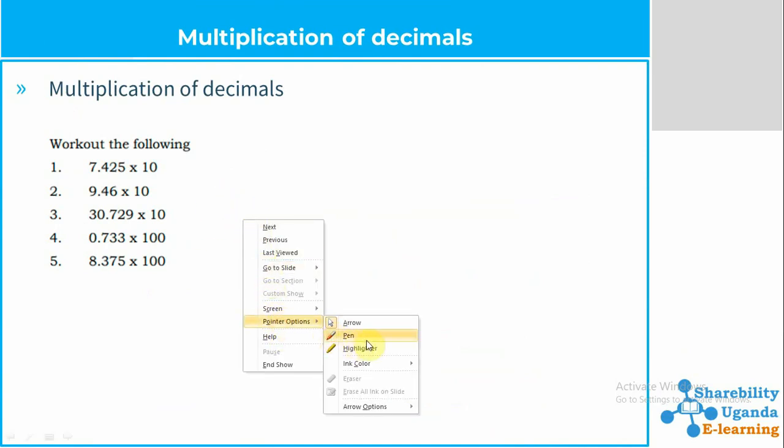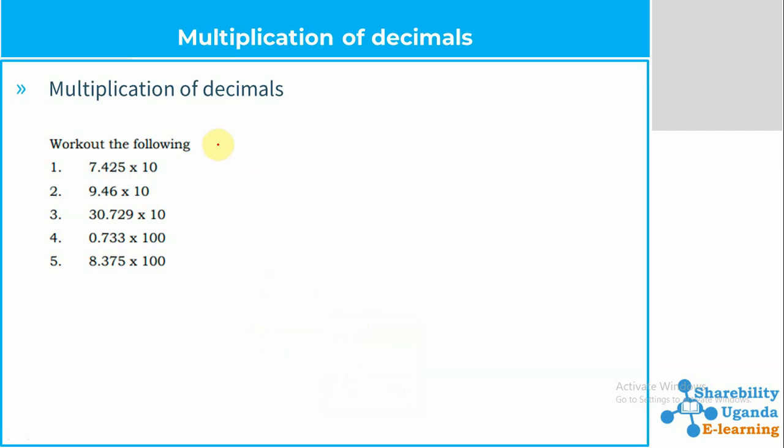Let's get our pen here. Okay, so now that is our number. These are our numbers that we have to solve. We have 7.425 times 10. So according to our answer here, we shall be able to move